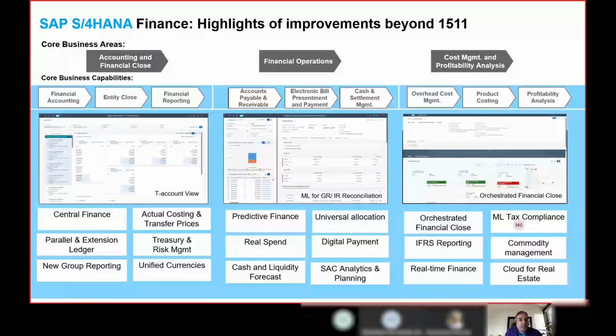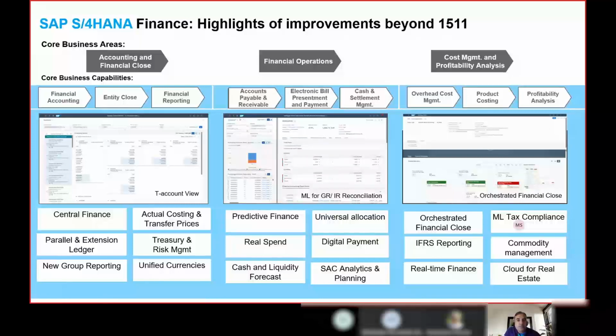In each of these areas, you can see a good amount of innovation has been delivered, leveraging these new technologies, either ML or even RPA as well. Or you can see the innovations are in the core itself. It is not like everything is on ML, but even in the core business scenarios, you can see a change over there.